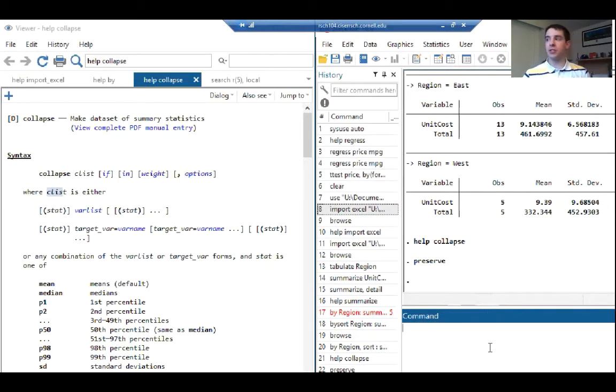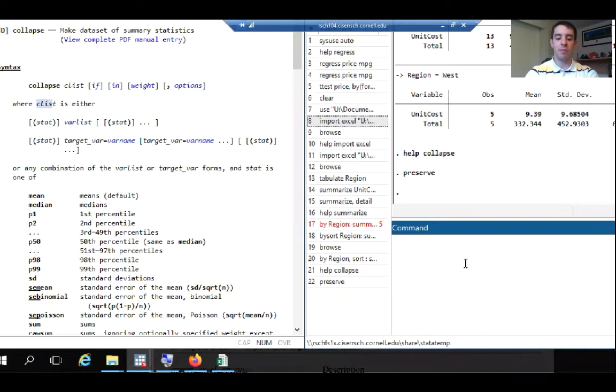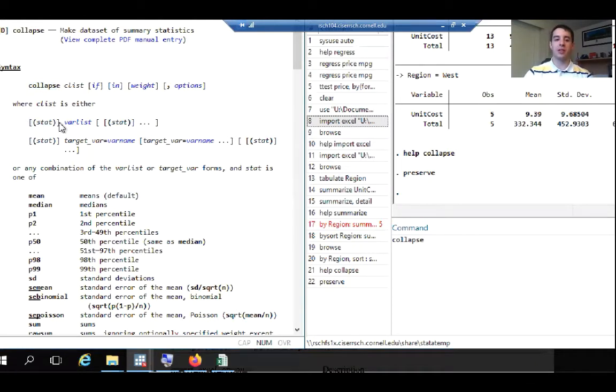And this I always like to do if I'm removing observations, rows of the data set, or removing columns, or structuring it in a very different way. And that's what I'm doing. So I type my collapse command from the documentation. That's first up. It says CList, where CList is this. You see there's square brackets around where it says stat, but